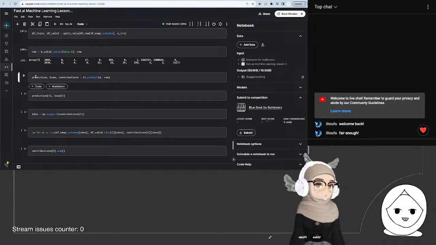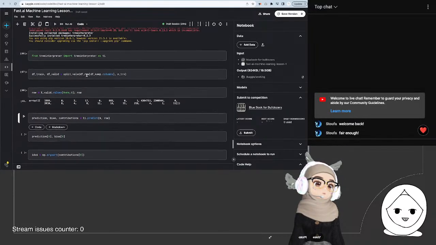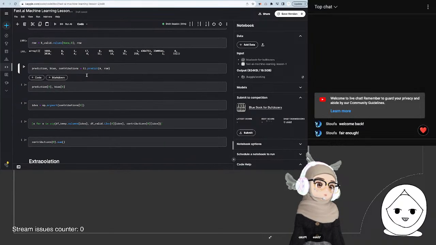The prediction is what the target is based on our prediction. Oh, TI is a tree interpreter. Got it. Okay. And then out of that, we're getting the bias, which according to our instructor, he said it's the actual value of the target. And then contributions is what these